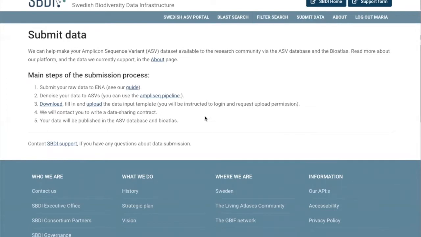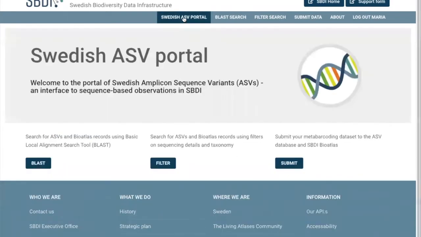So once you have uploaded your data, it just says that once we have looked at the data, we will contact you to write a data sharing contract, and your data will then be published in the ASV database and BioAtlas. So that was all I had to say about submitting data to us. And now we can go back to the start page and have a look at the options for finding ASVs